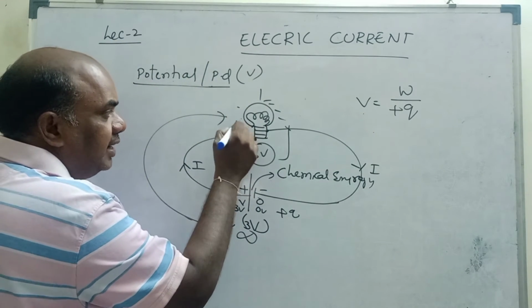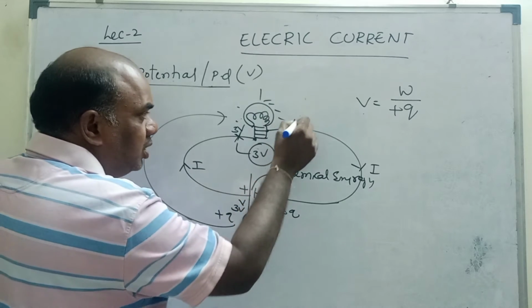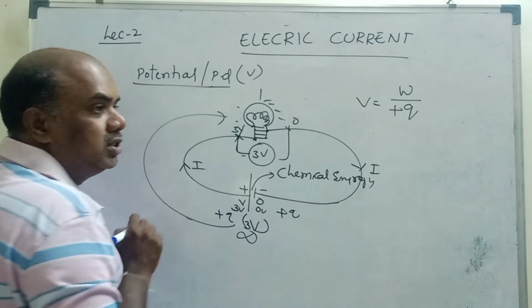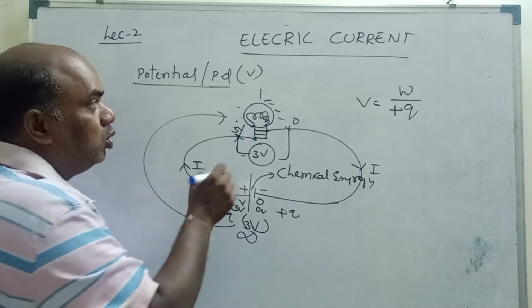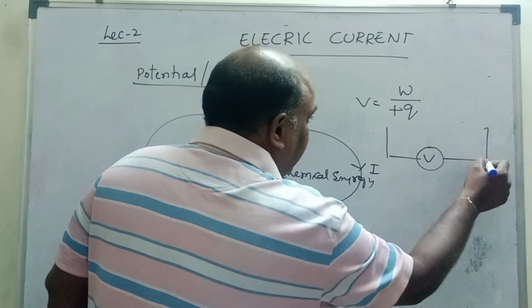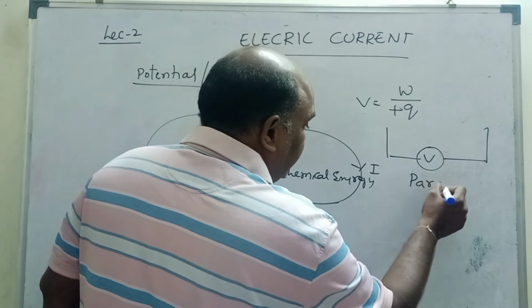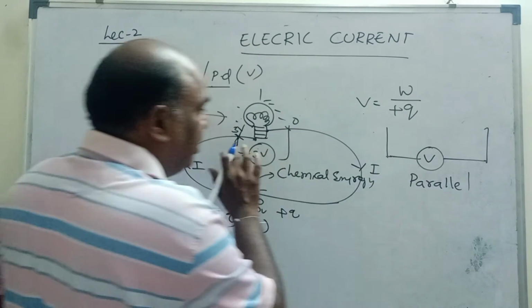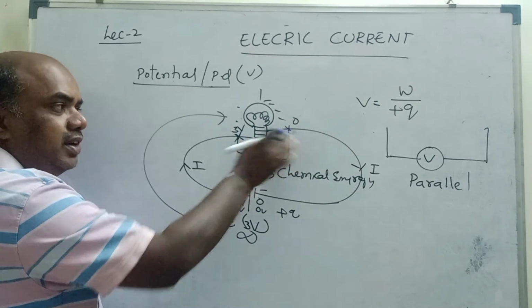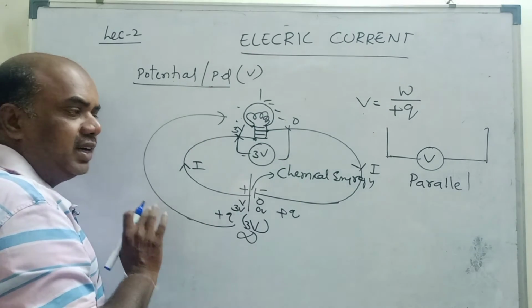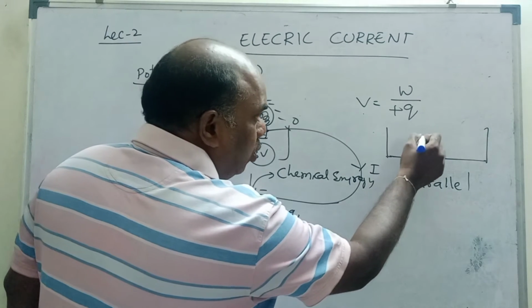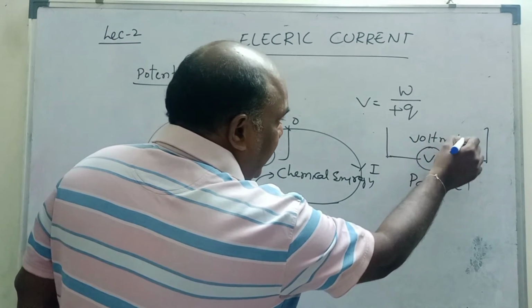Difference means, let us consider here the potential is 3V, here the potential is 0. Zero goes this side, potential goes this side, again the difference is 3 volt. To measure the potential difference we use a voltmeter. Voltmeter must always be connected in parallel. Why? Because it is used to measure the difference of potential between two ends, two ends of the consumer. Here potential is 3V, here potential is 0, the difference is 3V. Understand children? So potential difference is measured with a voltmeter. Voltmeter is always connected in parallel.